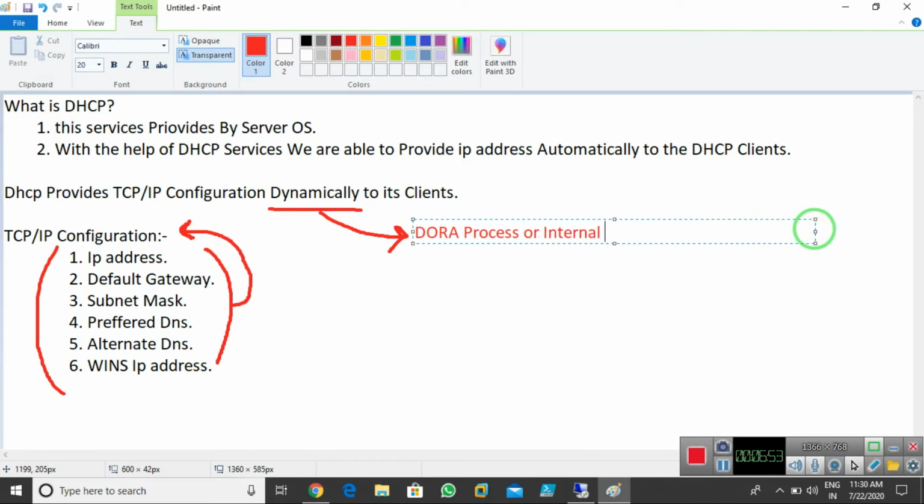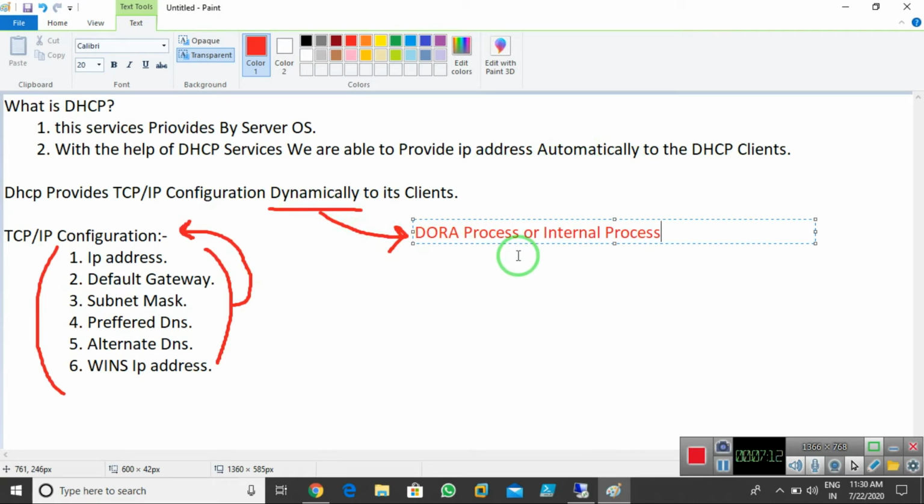That's why I tell you that we can use the word dynamically over there. Automatically means there is no process running in the background. Dynamically means there is a process running.